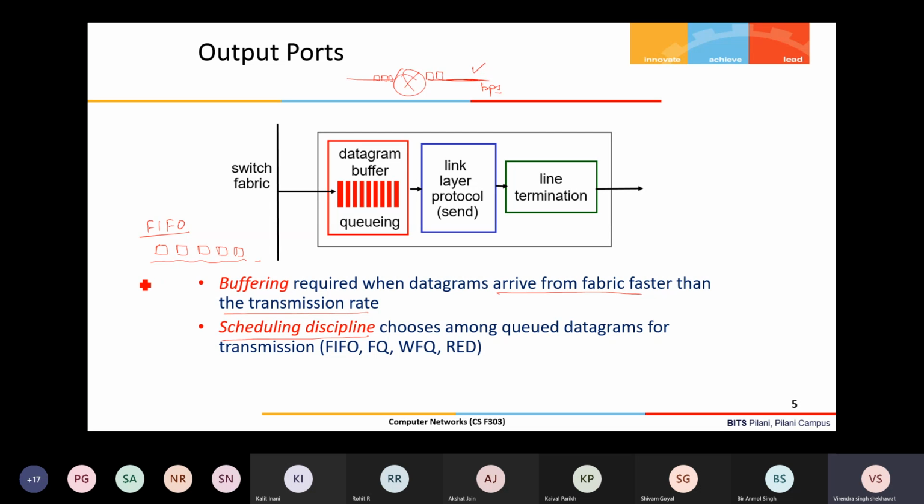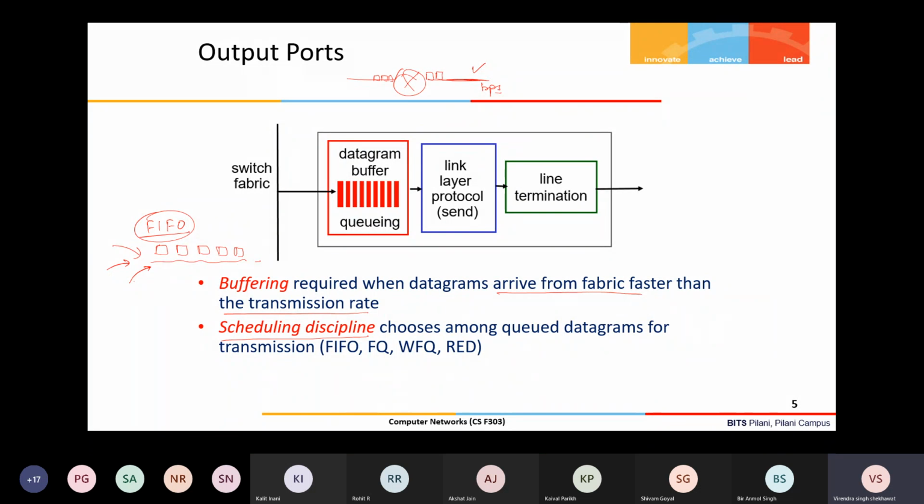Suppose this port is getting packets from multiple different flows, traffic flows coming from different source and destination pairs. In the case of FIFO, the flows which are sending packets at a higher rate will get more chance for their packets to be transmitted, and ultimately these flows will get more output bandwidth, because their packets are transmitted more, so they get a greater bandwidth share as compared to the other flows. So this is an inherent problem in FIFO.